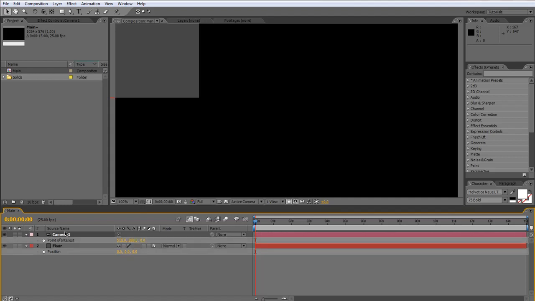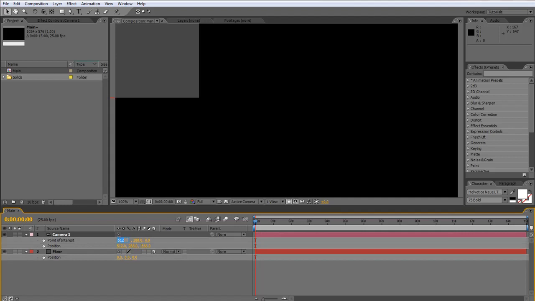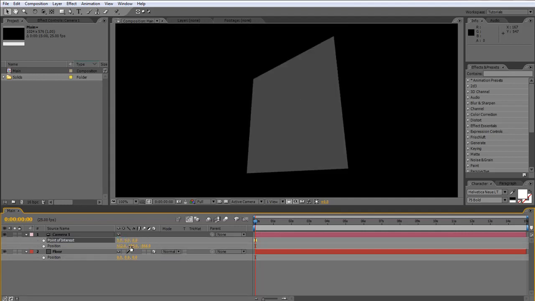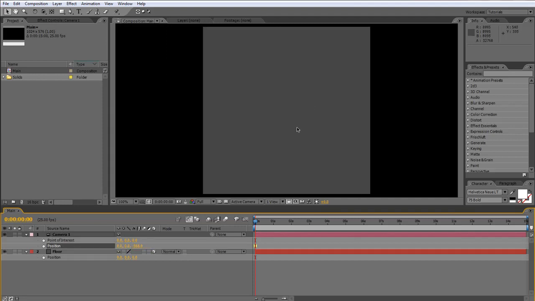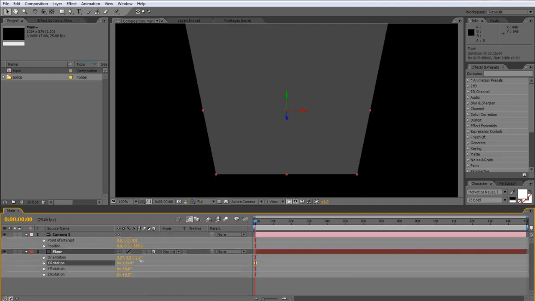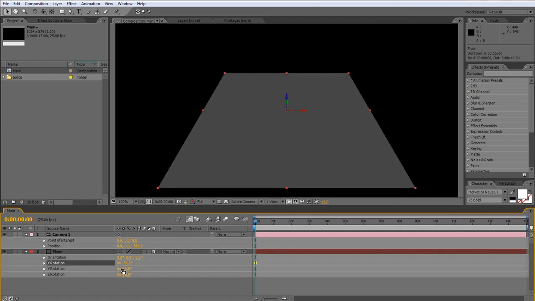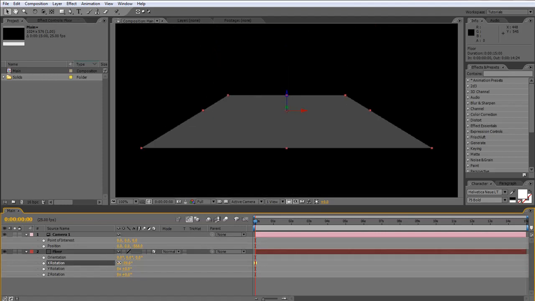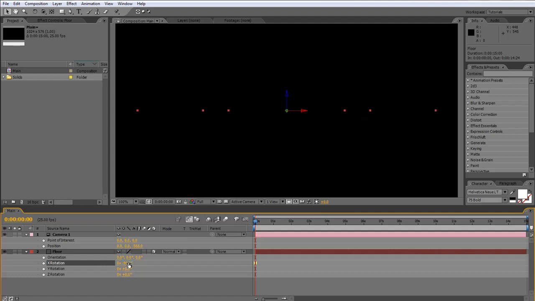So I'm gonna get the point of interest and position, 0 all the values at point of interest, and 0 the first 2 values at the position. So this way we're looking straight at the 0, 0, 0 point, being away from it by 500, almost 600 pixels. Now another thing we should do is rotate the floor to become a floor rather than a wall. So you can see that our wide angle is really kicking in here. We have some nice perspective distortion. Let's set it at -90,